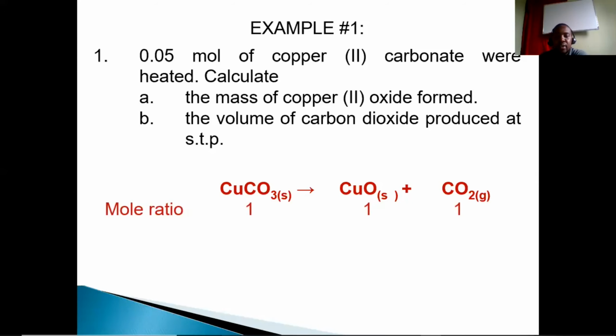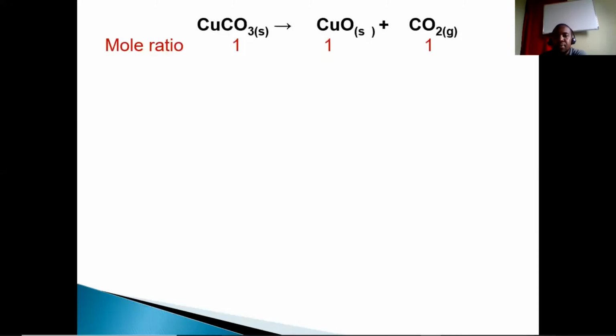But we know from the equation that it's a 1-to-1 ratio for all the compounds present, right? So it's 1 copper carbonate, 1 copper oxide, and 1 carbon dioxide. So we make the link between what we are given and what we want to find. So the link will be between copper carbonate and copper oxide, right? So we have 0.05 mole of copper carbonate from our question. So that means it will be the same mole for copper oxide because it's a 1-to-1 ratio,